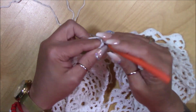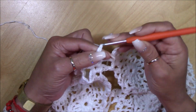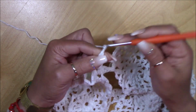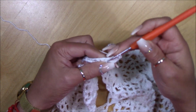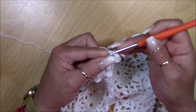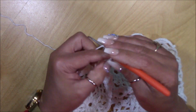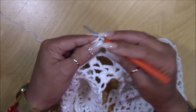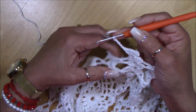You're gonna chain 3, 2 more double crochet, chain 2, 3 double crochet, chain 5, 1, 2, 3, 4, and 5, and you're gonna do the stitch and here again. And like that is the 2 round repetition that you're gonna do over and over until you have the desired